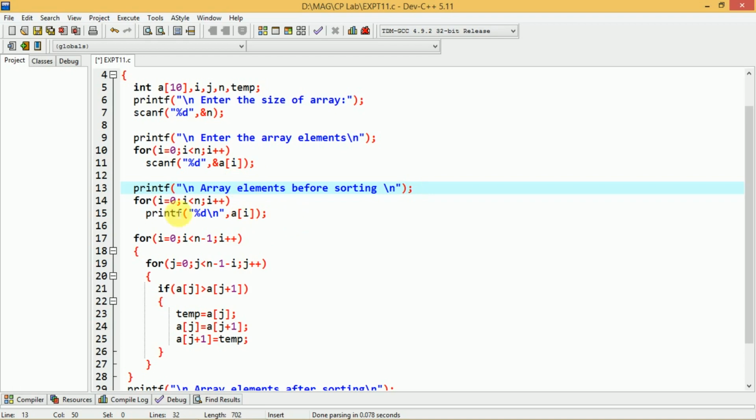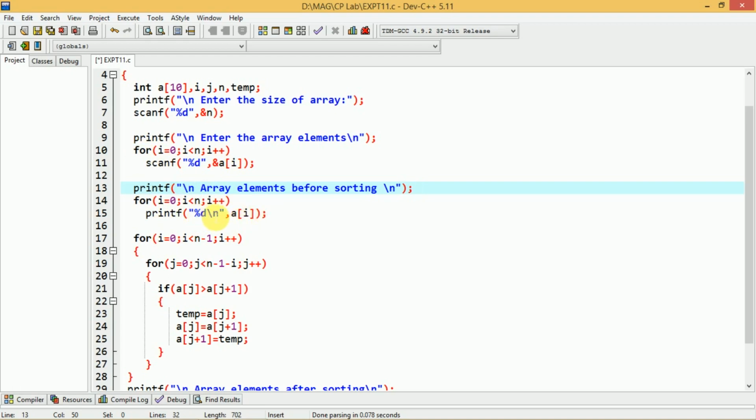So first it will display this heading, that is array elements before sorting. And below this we have to display the content of this array A. As we saw in the previous programs, the same thing is used here. Instead of scanf we have to use printf to display the content. So for i equal to 0, i less than n, i plus plus, printf %d slash n, a of i.